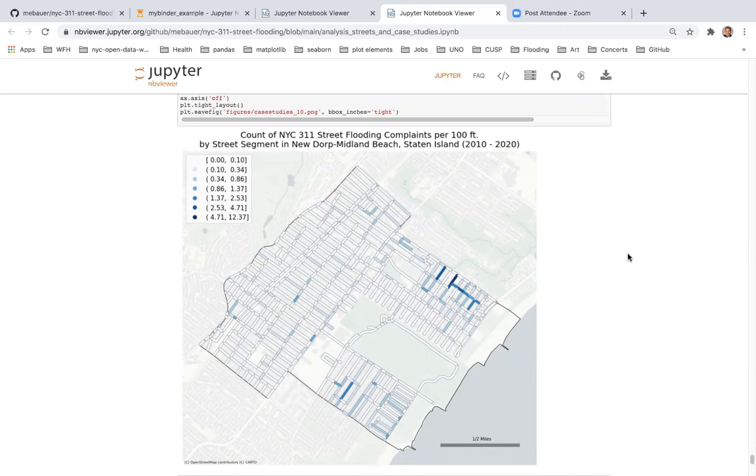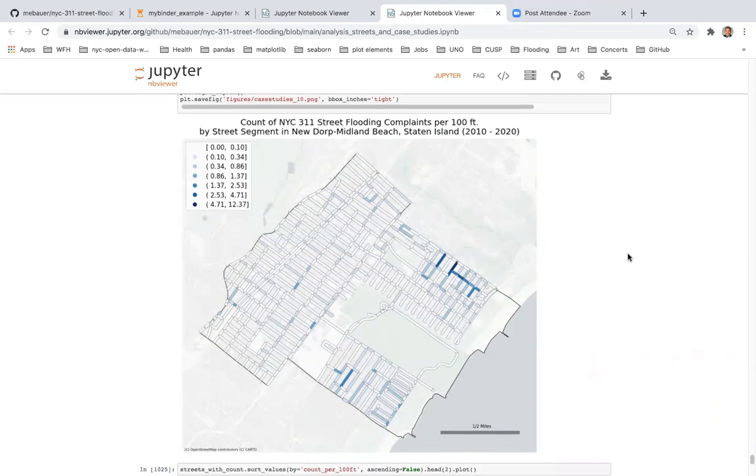Being able to truth check it is really vital, because people pick friction factors or the size of a pipe, but they might not realize that there's a tree stuck in one of the pipes causing the flooding. So having this kind of visual truth check based on complaints is really helpful to a lot of people. Yes, I agree, for sure.